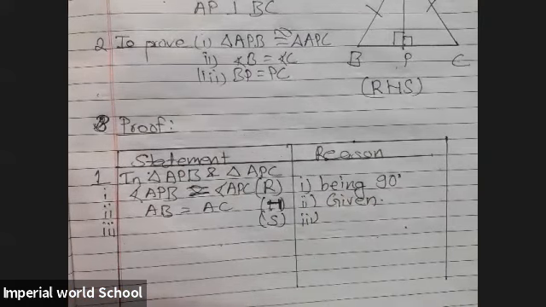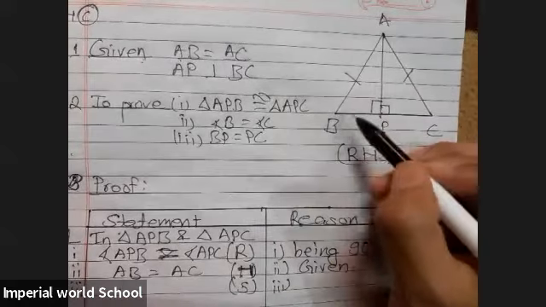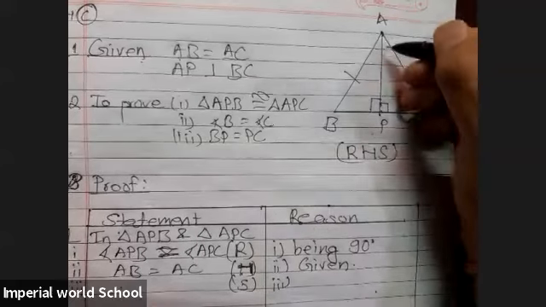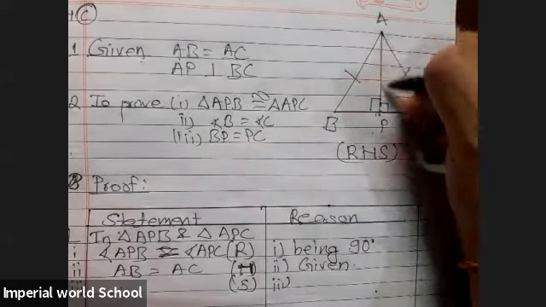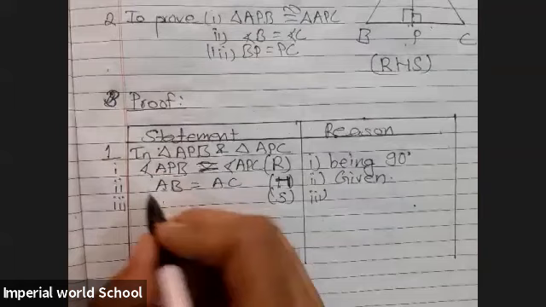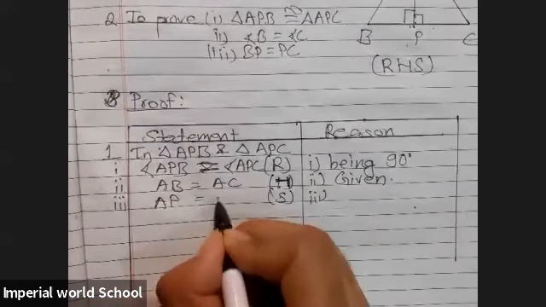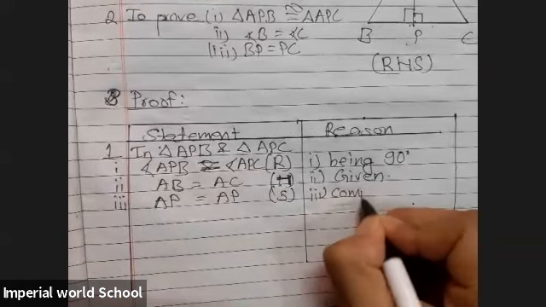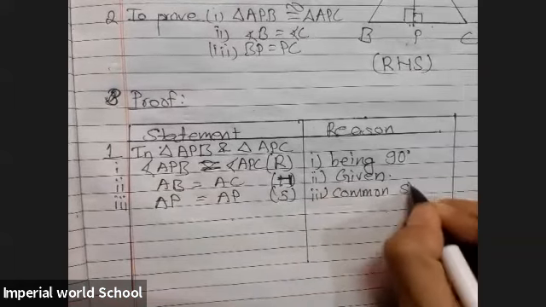And now the third one is side. Which two sides are going to be equal in this figure? BP and PC are of course not equal, as no symbol has been used. So definitely AP is going to be equal to AP. This time it is the same name and the same side, that means AP equals AP. This kind of reason is known as common side. They become equal because they are a common side.